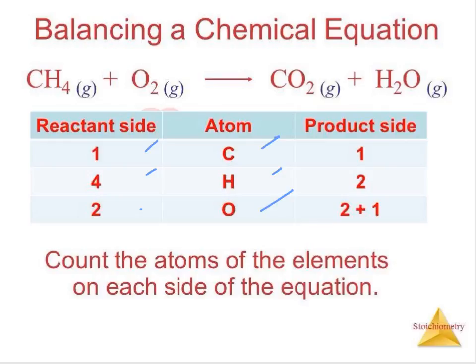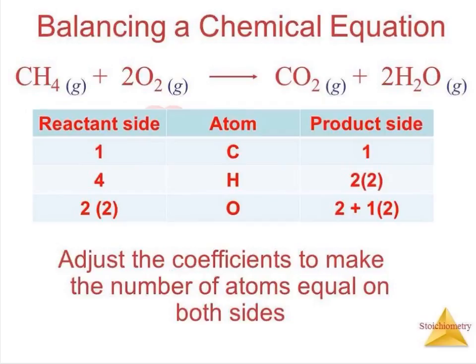We compare the number of atoms on the reactant side to the number of atoms on the product side. For the product side, we have 1 carbon atom, 2 hydrogen atoms, and we have 2 atoms of oxygen in the carbon dioxide compound, and we also have 1 atom of oxygen in the water compound. Since the equation is not yet balanced,